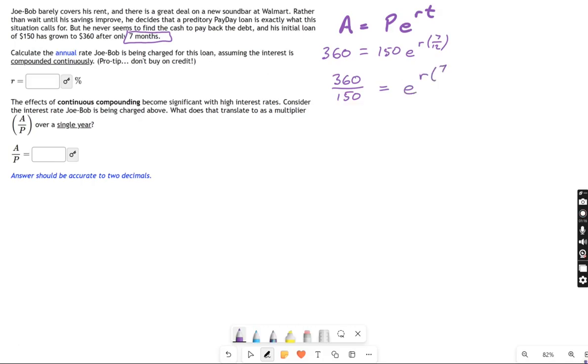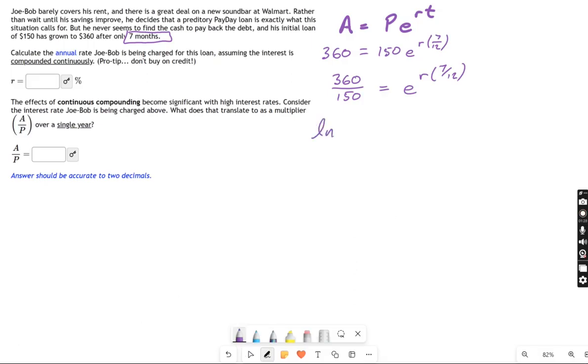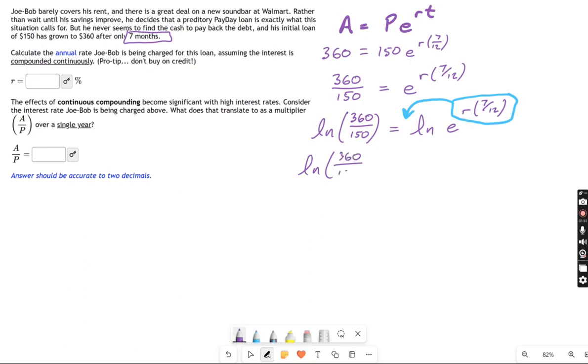the r times 7/12ths. Now, this is where logarithms come in because we have a variable in the exponent, and there's no way to deal with that unless you logarithm both sides. So I'm going to use my natural log of 360 divided by 150, and that equals the natural log of e to the r times 7/12ths. Now, if you remember the power rule of logarithms, this is going to come down as an exponent. That's how powers work. So you get natural log of 360 divided by 150 equals r times 7/12ths times the